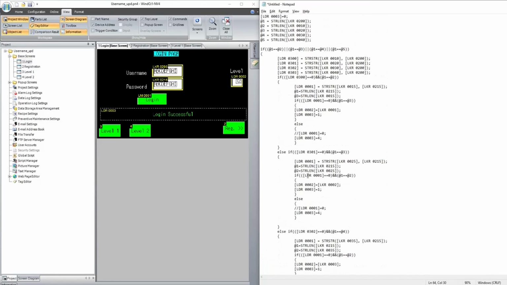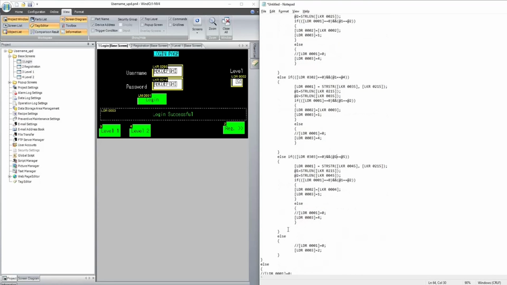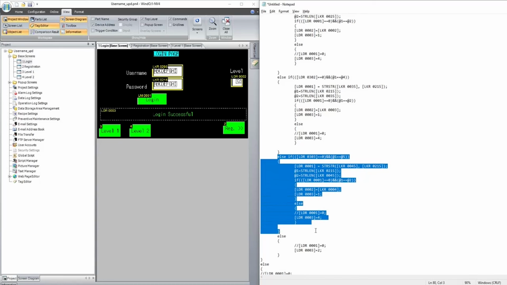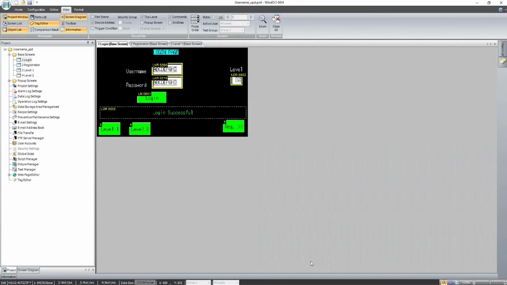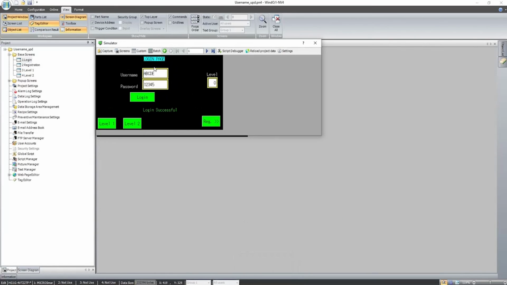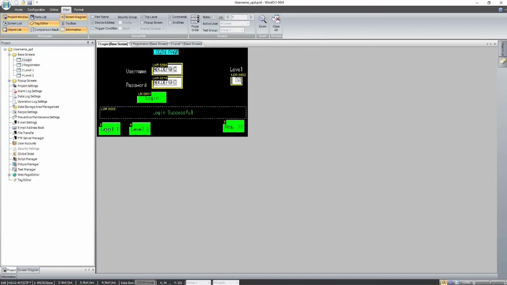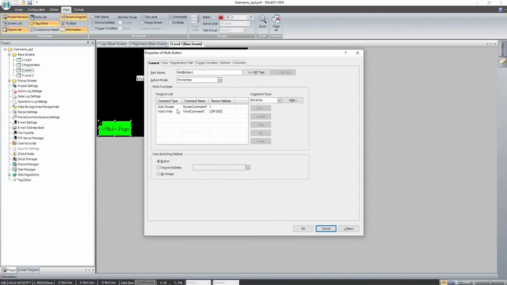So this is how this script has been written. If there are multiple username and password, we just need to copy paste this specific code and we need to change the values of the conditions, right? So anyhow, we have already seen the examples over here, how initially the registrations and everything, levels and all, right?